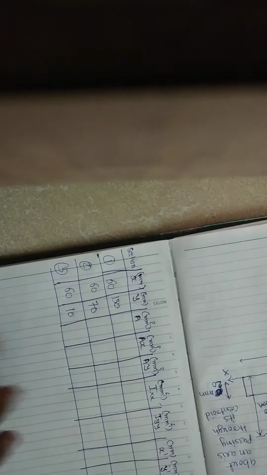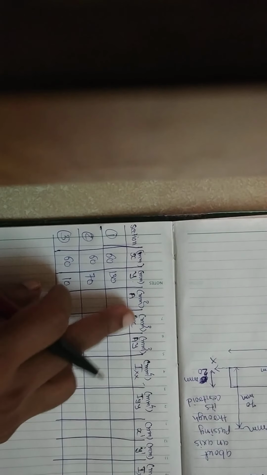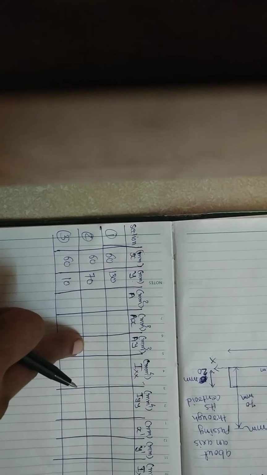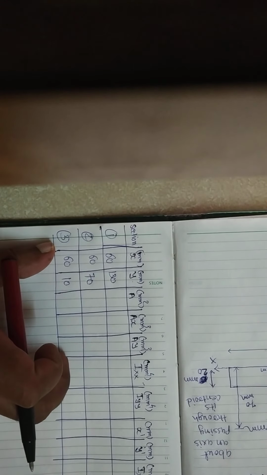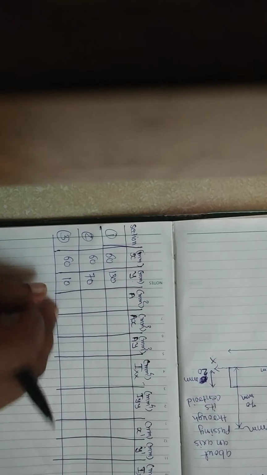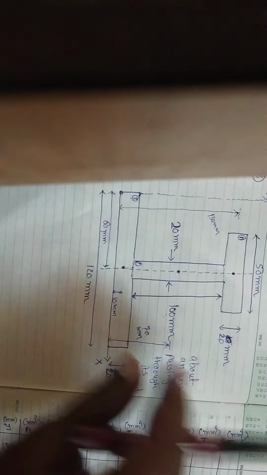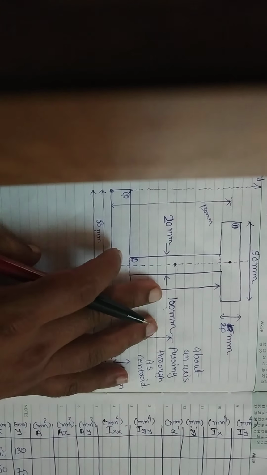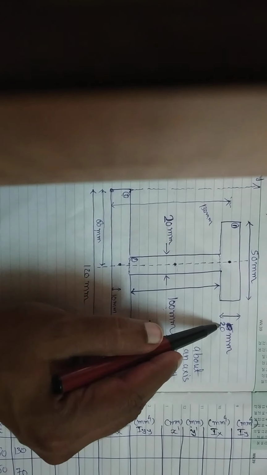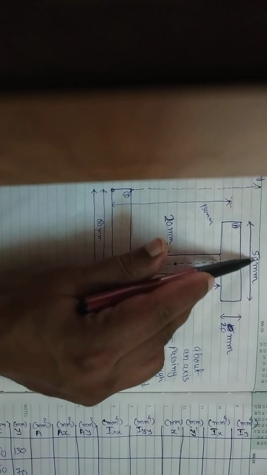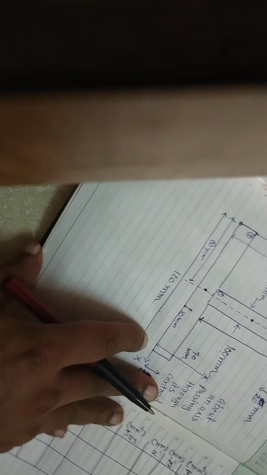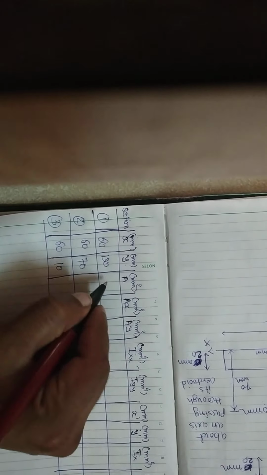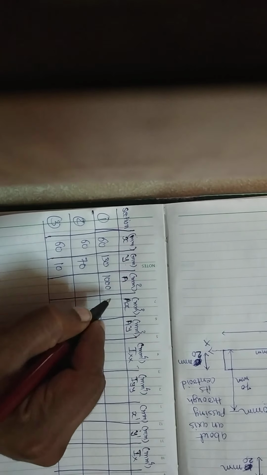So we have all these offsets, and we need to calculate up to a into y, because these five columns will help us find the center of the overall I section. Okay, so let's calculate the area of each section. Basically these are all rectangles, so the area is nothing but L by B. So 50 into 20 is the area of section 1, which is 1000 mm square. The unit is mentioned here.